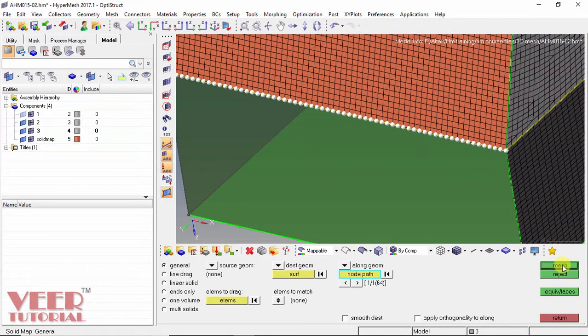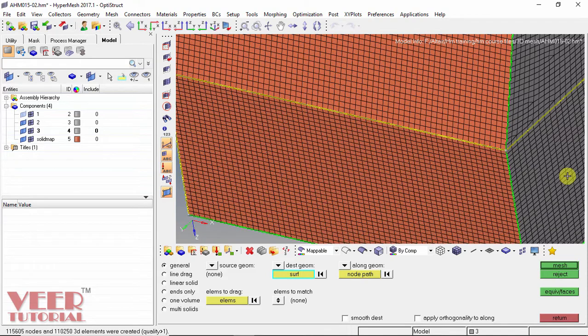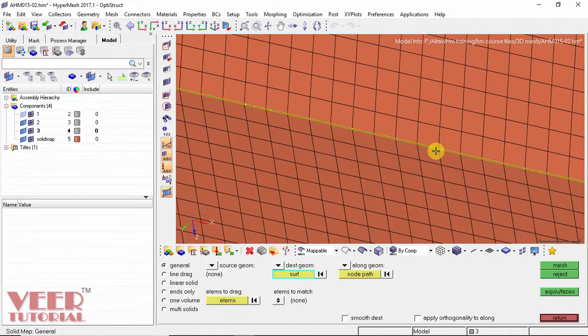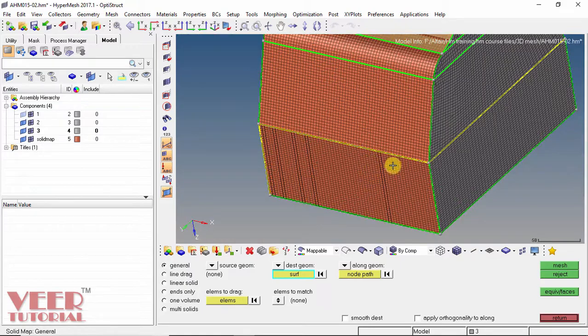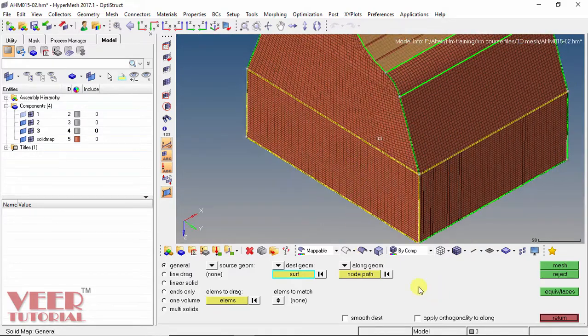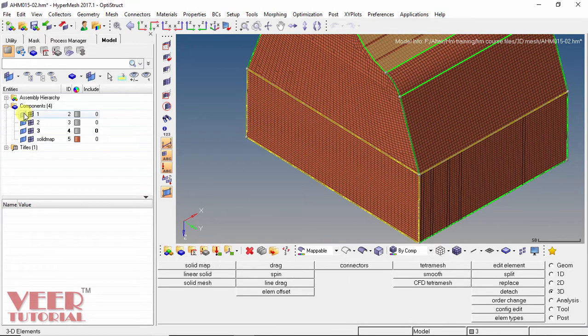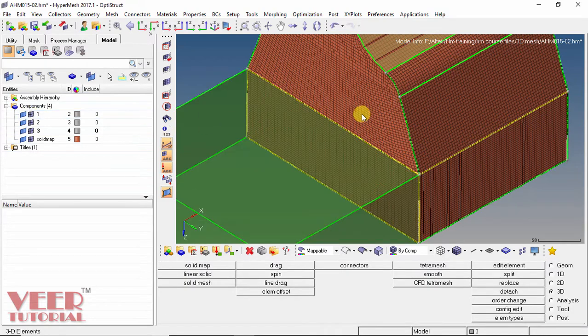We can select mesh. The reason why we have selected these nodes is that when we create the 3D element, it will create a well connected mesh. Now we can see all these meshes are well connected. So that is the advantage of creating these elements with respect to this node path. So I click on this return, make a selection on this element, that is first.